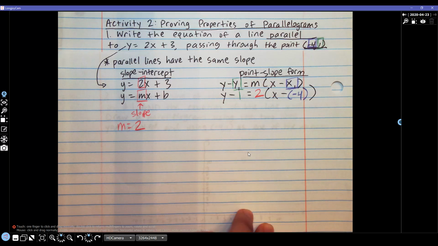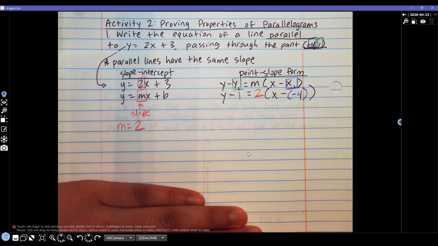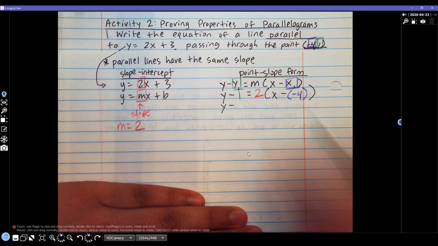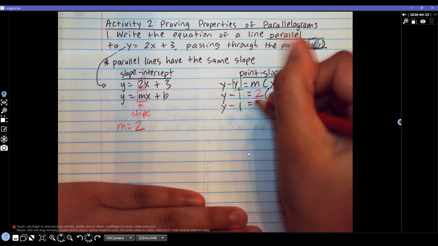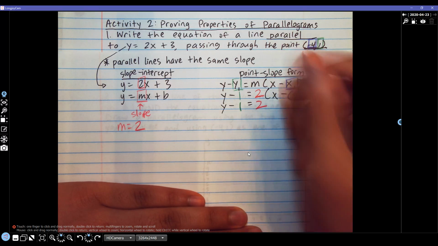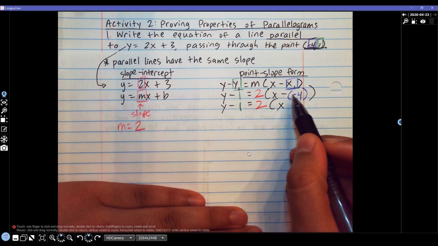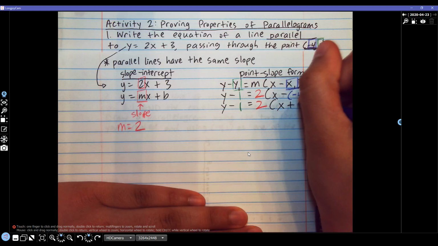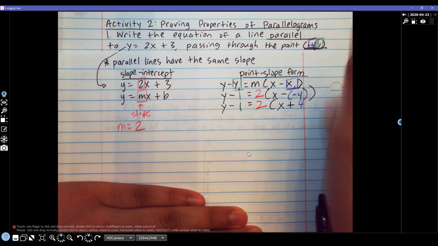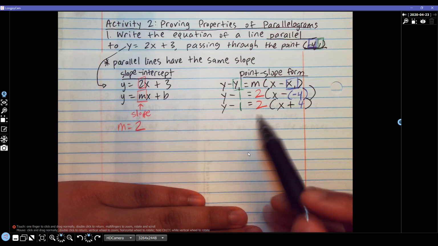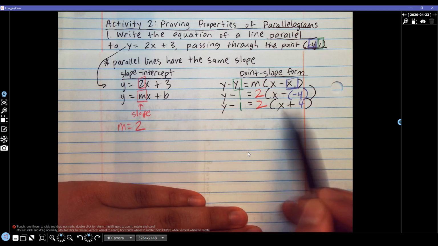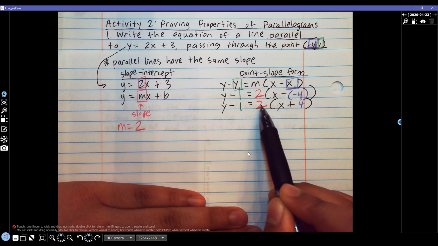Now let's start to simplify this. The first thing that we can do to simplify is to just take care of the subtracting a negative. So we've got y minus 1 equals 2 times x, and if we're subtracting a negative, that becomes a positive, we're adding, so x plus 4. After this step, we see that the 2 is right in front of the x plus 4, and it's being multiplied. So we can distribute the 2